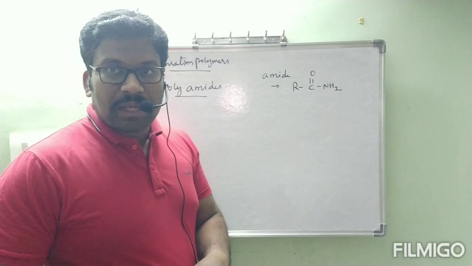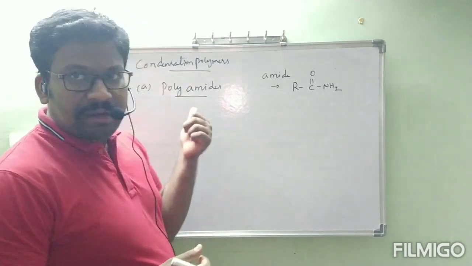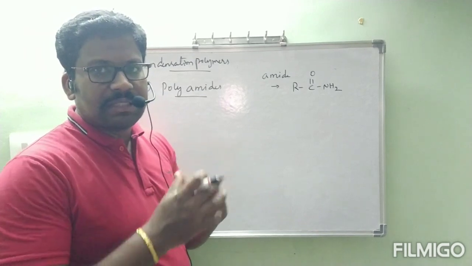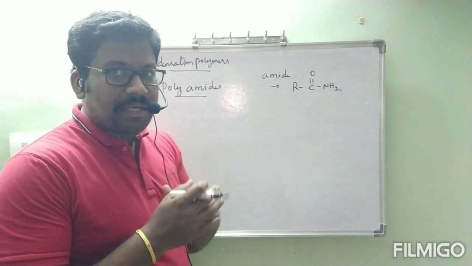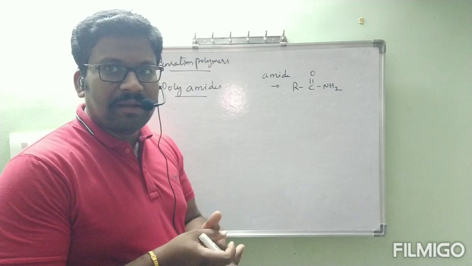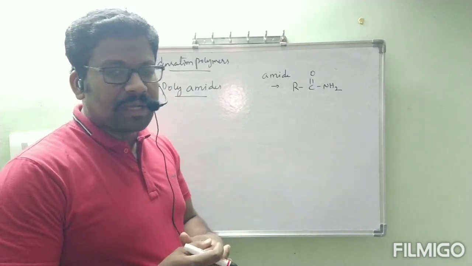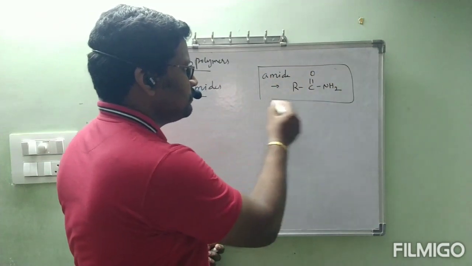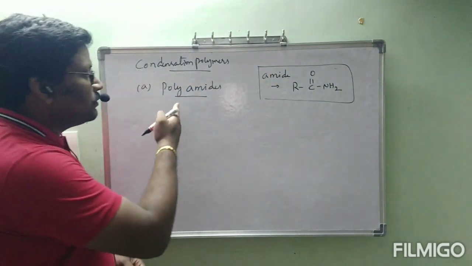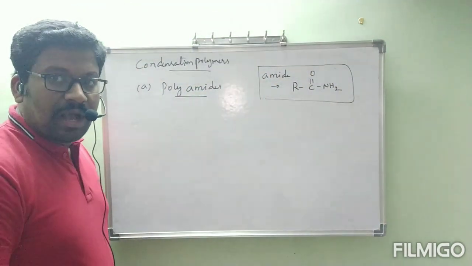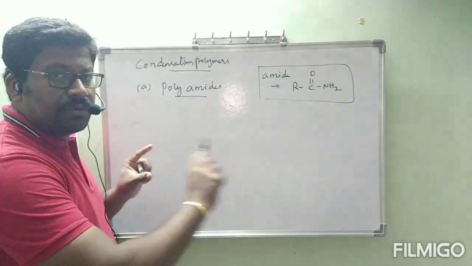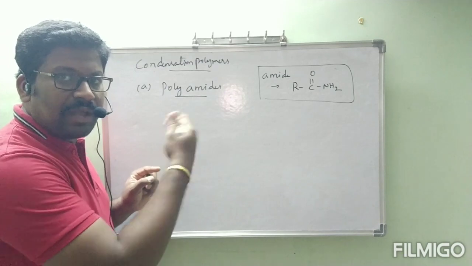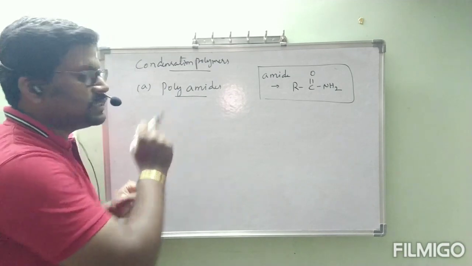Okay, but what is meant by polyamide? These amide groups are present in so many places. So many amide groups are present. In that way, finally we will get polyamide. Okay, one thing I will keep like this only: what is this amide functional group? And now I will go through what are the examples for polyamides. After completion of that, we will come to know which type of group is present and whether it is related to amide or not. In that way, we can say this is polyamide.